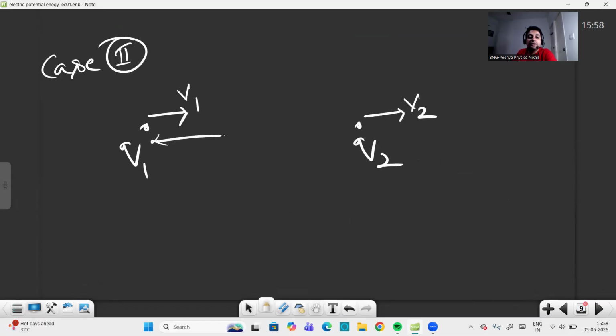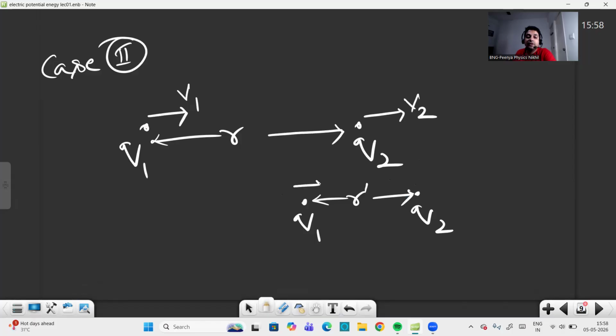Let the initial distance be r, correct? Okay. So it is asking what is the final, for example, finally their nearest point with each other. That means the closest distance they can possibly be near to each other is r dash. We have to find the r dash value, correct?